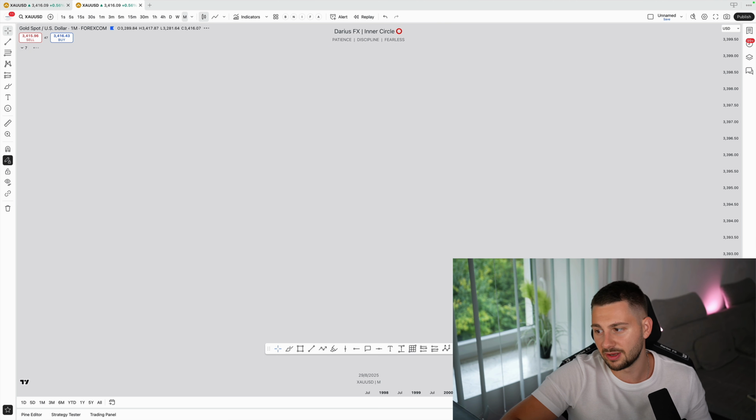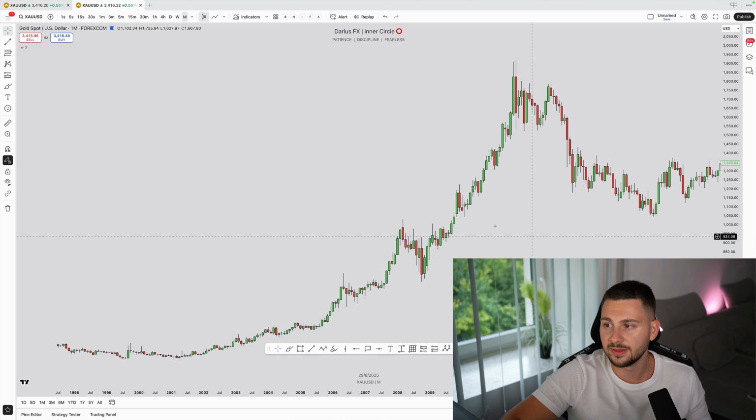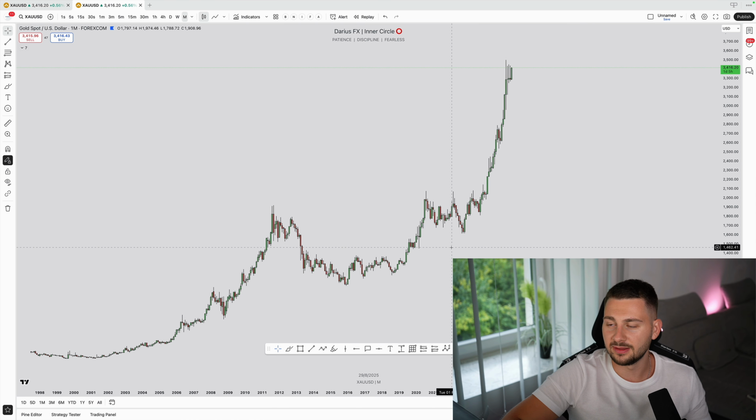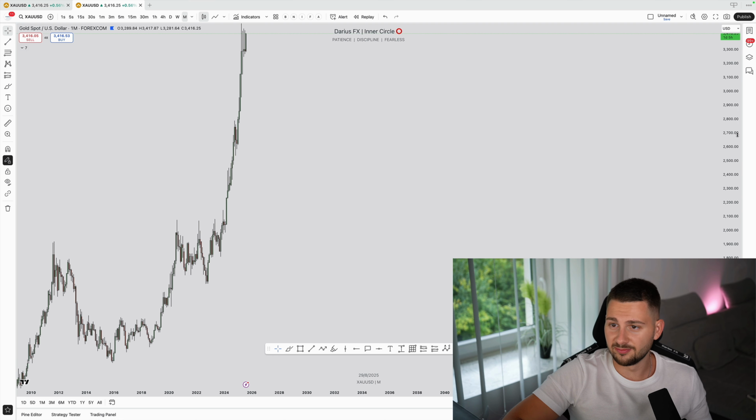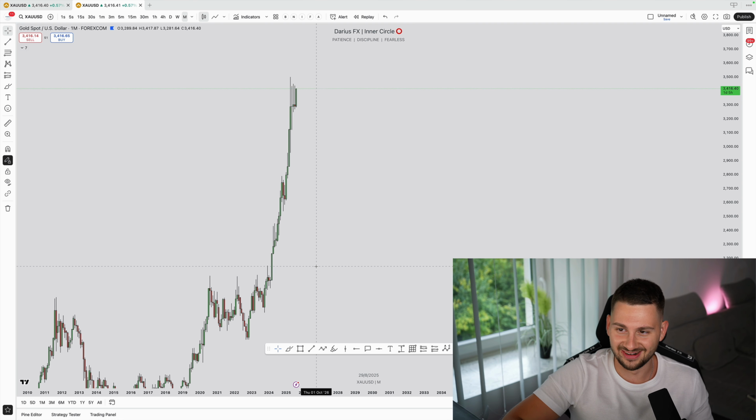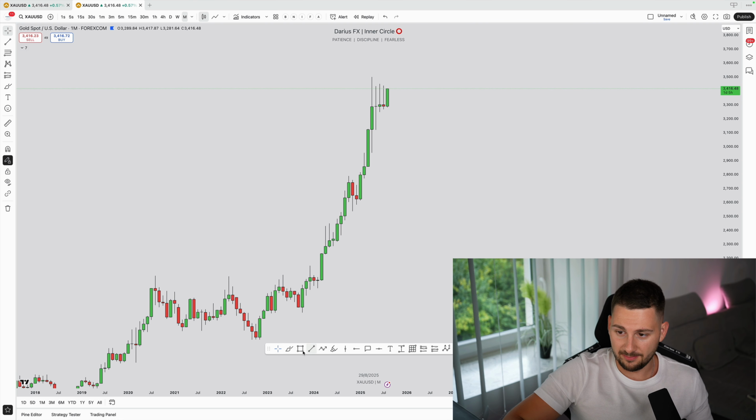All right, and basically this concept is powerful on all time frames. You can use this also on the monthly time frame if you want, right? We can go here, check it out on the monthly, and that's why I love gold so much, guys. It's so easy. The market structure is very bullish. But yeah, that's the point of it, right? Like here, break of structure, break of structure, break of structure, boom, right?